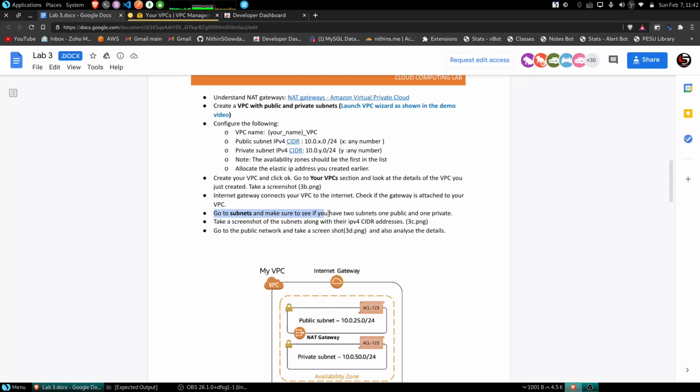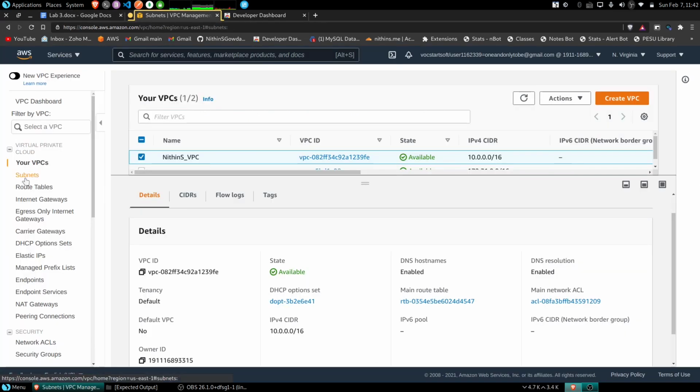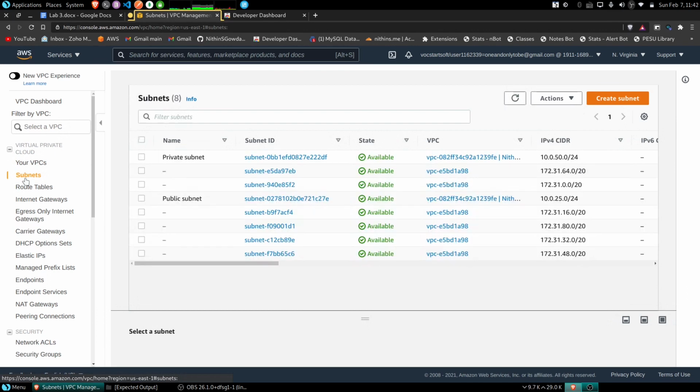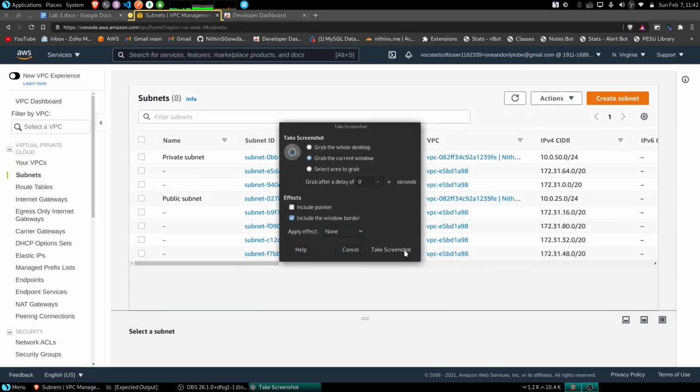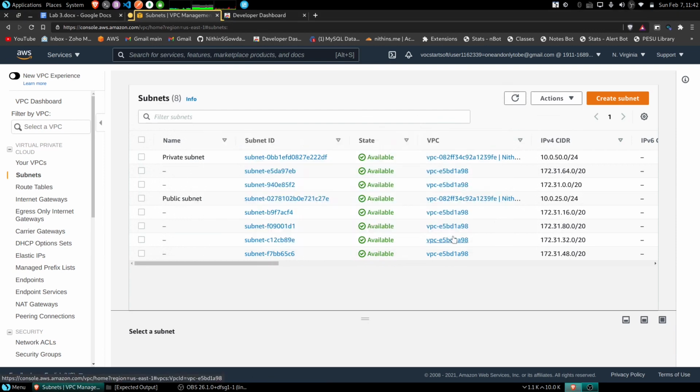Next thing is to take a screenshot of the subnets. Let me go into the subnet tab, and here I can see my private and public subnet along with their IPv4 CIDR addresses. So let me take a screenshot of this too. Yeah, this is my third screenshot.